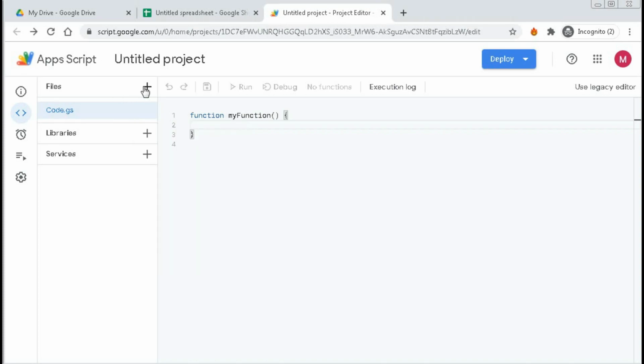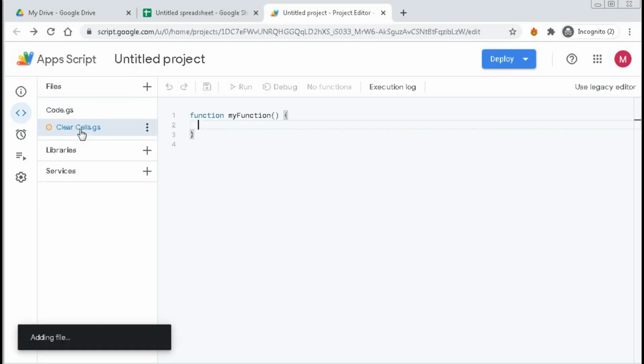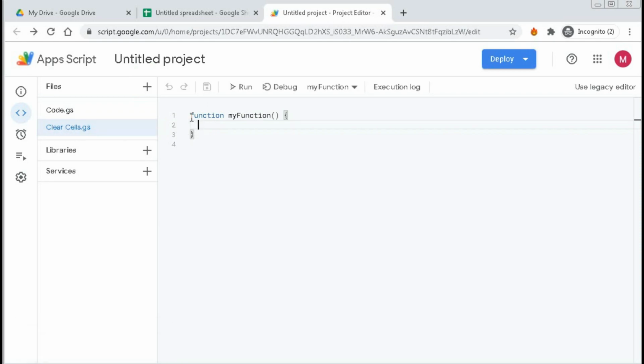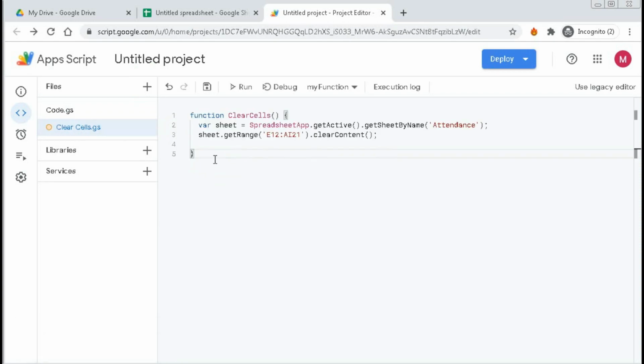Click on the add a file, click on script and type here clear cells, then enter and type here the code. That is function clearCells.